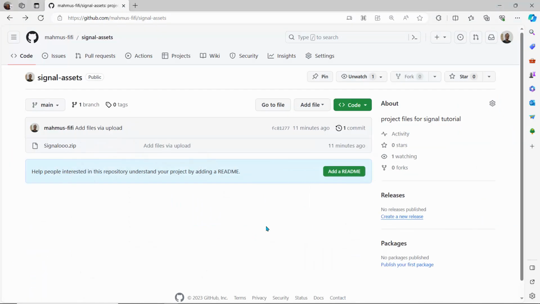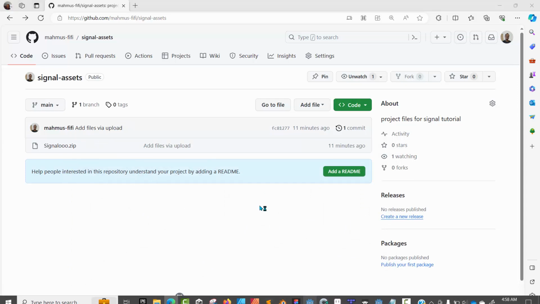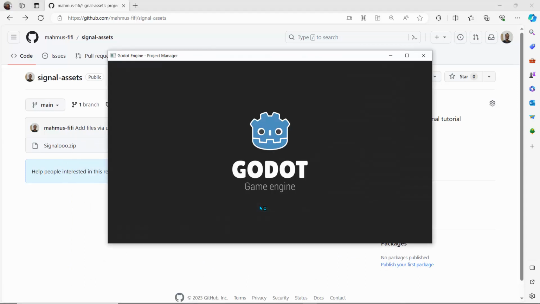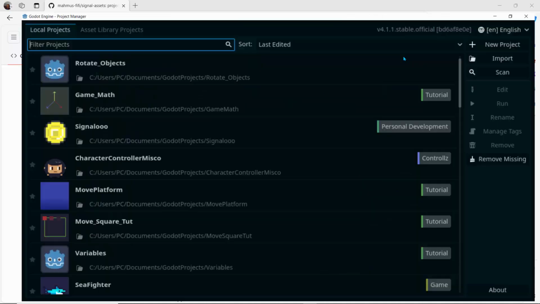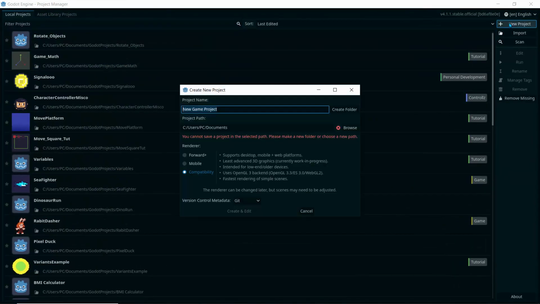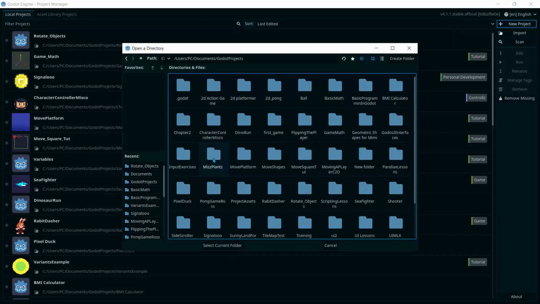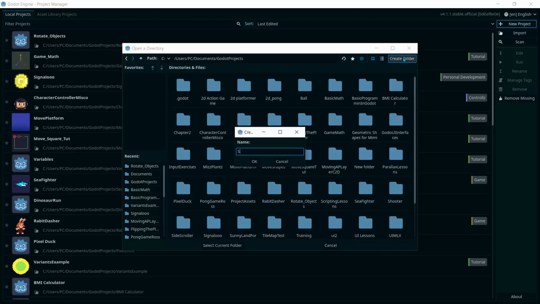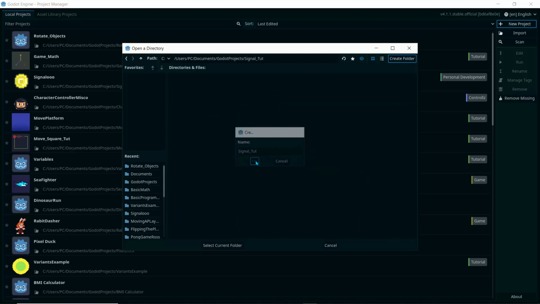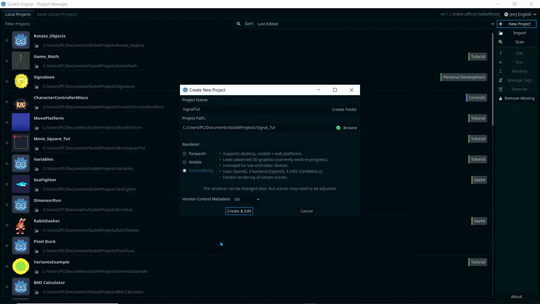So the next thing we're going to do is to open up Godot and create this project fresh. So I'll click on Godot and I'll just maximize this and click on a new project. I'll just call that signal tut, and right here I'm going to go to my browse and go to Godot projects and create a new folder. I'll call that signal_tut and click OK and click select current folder so we don't have any conflicts,